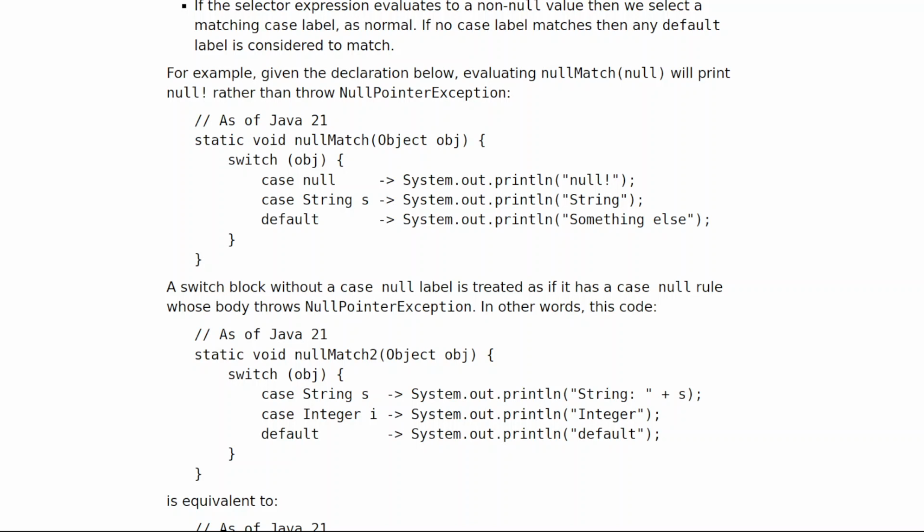In other words, this code // as of Java 21. static void nullMatch2(Object obj) { switch (obj) { case String s -> System.out.println("String: " + s); case Integer i -> System.out.println("Integer"); default -> System.out.println("default"); } } is equivalent to // as of Java 21. static void nullMatch2(Object obj) { switch (obj) { case null -> throw new NullPointerException(); case String s -> System.out.println("String: " + s); case Integer i -> System.out.println("Integer"); default -> System.out.println("default"); } }